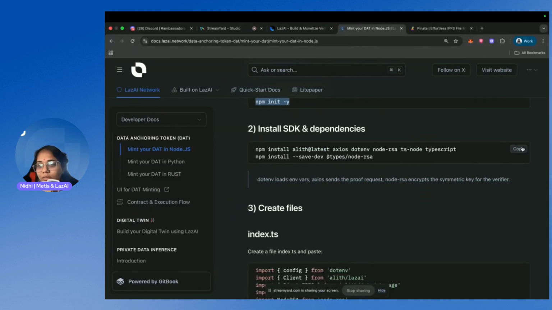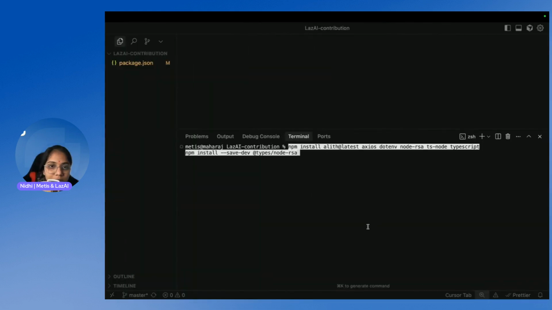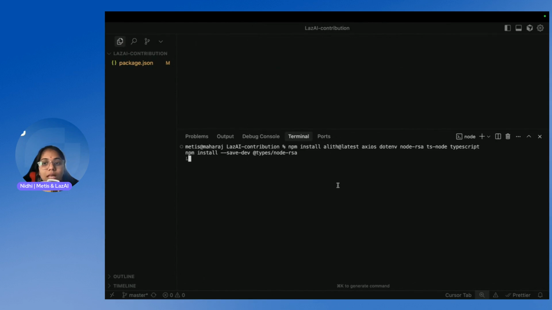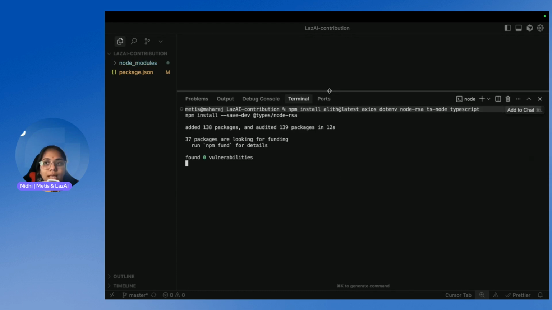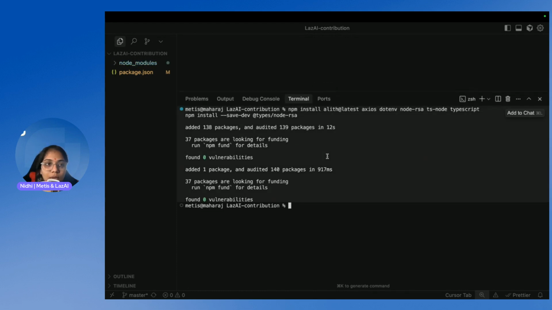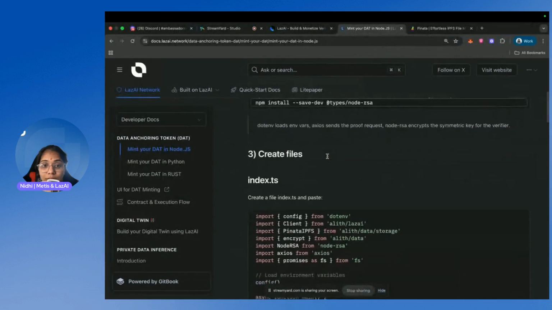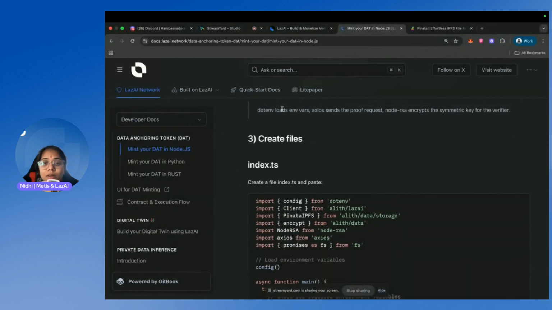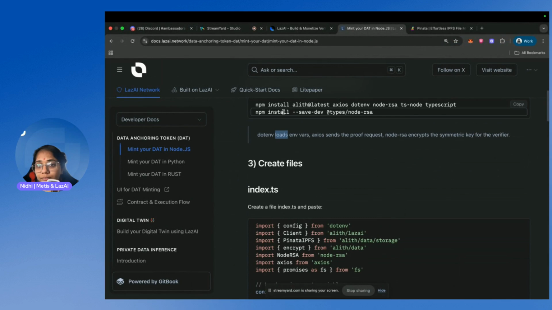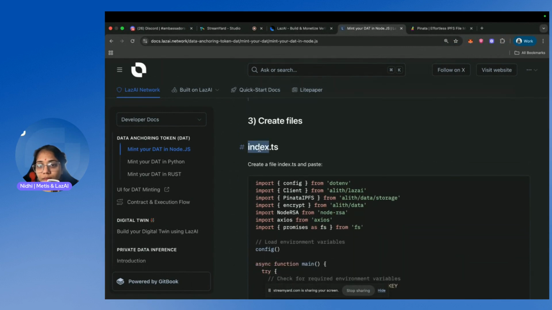I don't like when you see a bunch of things in the terminal. Okay, so we're gonna install the latest dotenv and a few more packages or libraries maybe. It has been installed, and okay, now create